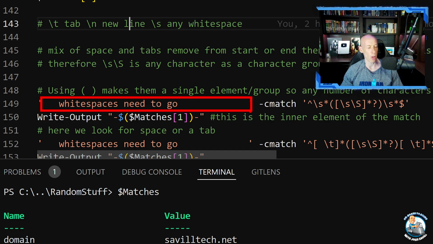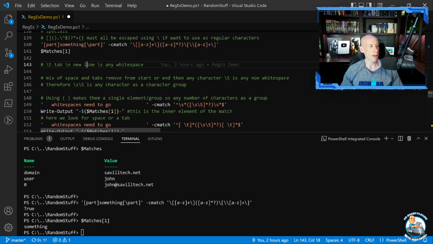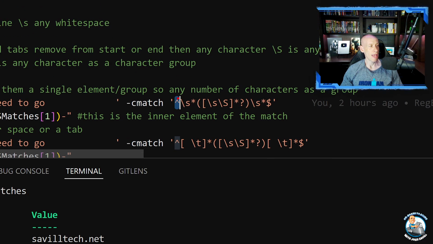It's a mixture of both. What I want to match on here is the start. And then it's /s wildcard. Remember the asterisk, 0 or more. So 0 or more whitespace characters. And then it's creating a character group